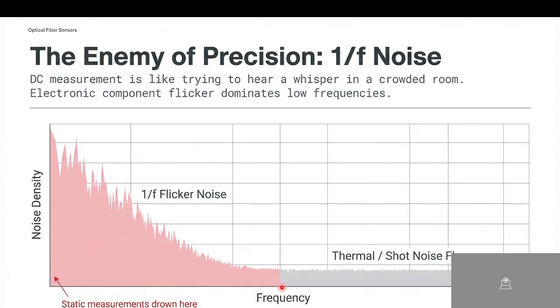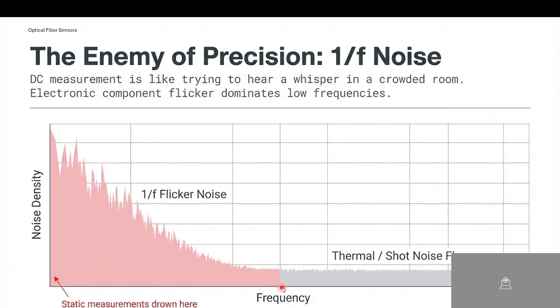So if you increase the frequency, then the precision will go down and down. Okay, so 1 by f